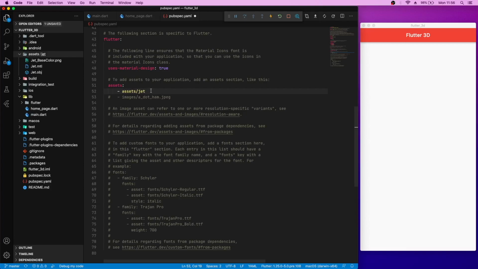This will only import the folder. To import all three files inside this jet folder, we just need to add a slash after the line here. So let's save it and run pub get. So I think our objects have been imported.